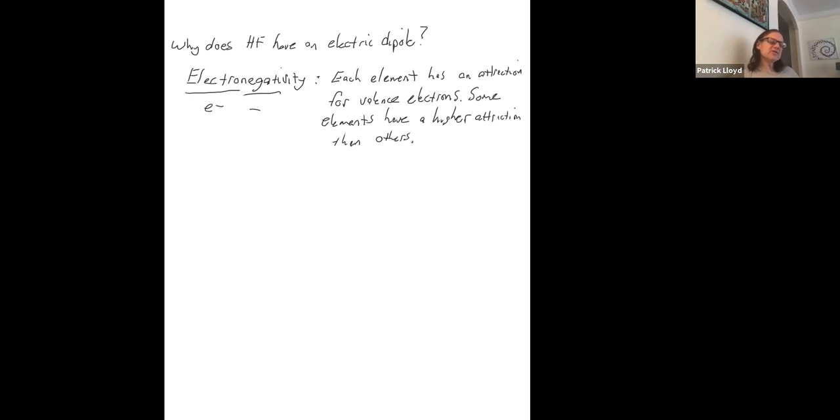So what people have done is they've made hundreds or even thousands of measurements of electric dipoles, combining different elements together to make simple molecules, and measured the electric dipoles and come up with a table called the Pauling electronegativity